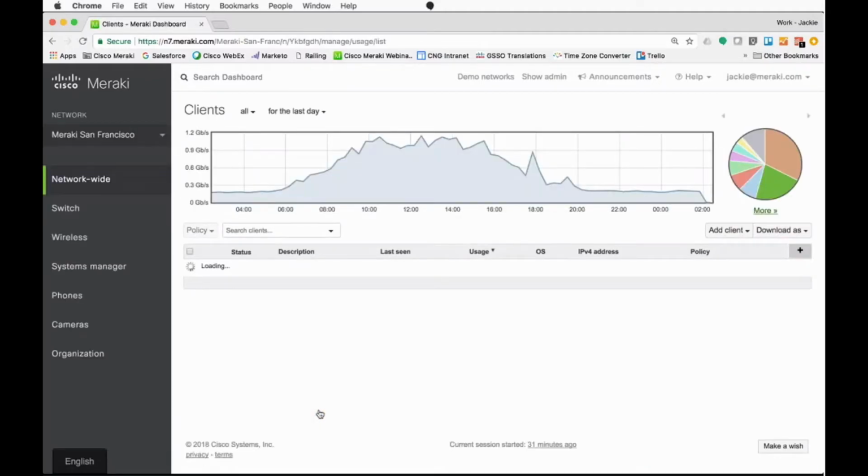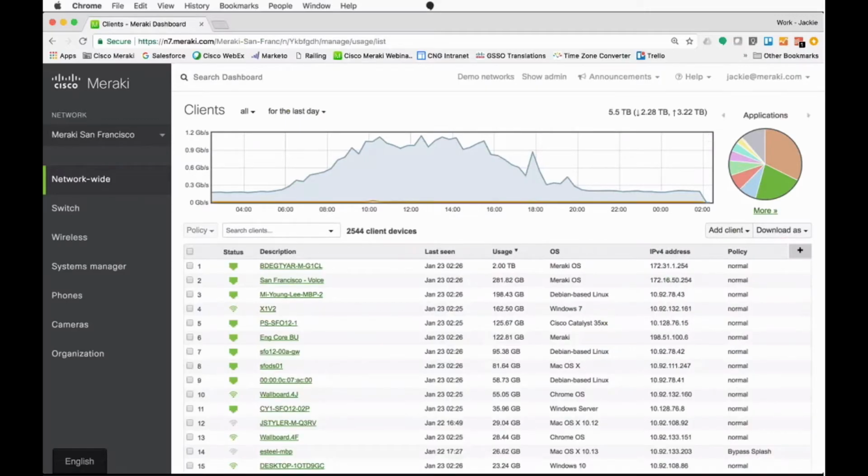Now when I click into this network, I'm taken to an overview screen for our network. So we're able to see wireless devices coming through from our switch or security appliance, etc. in this list. I'm not going to spend too much time here because that's not what we're talking about today, but I do want to highlight that this is a very useful list when you're diving in because it allows